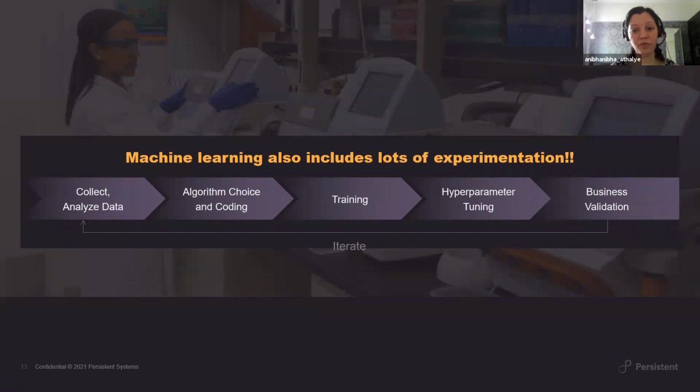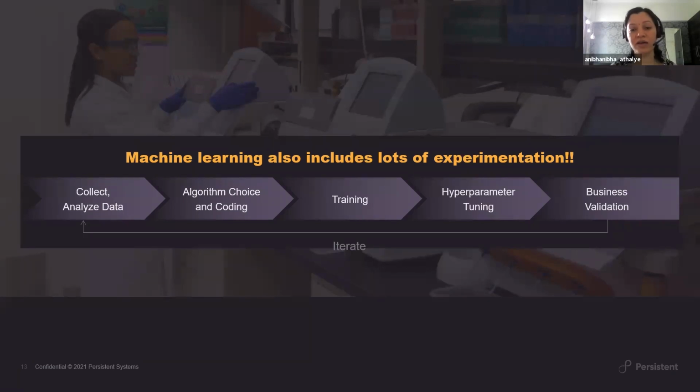And when you're iterating, it's not always that if you stop at the 30th iteration, the 30th iteration is the best. Probably the 27th iteration could be the best candidate that you would want to move forward with. So net, machine learning experimentation needs a lot of tracking and a lot of documentation, and all this should happen without a lot of human effort going into tracking it manually, which is what is happening right now.